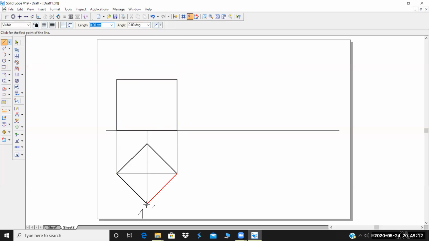And I also told you this edge is visible here, this particular edge is visible, so you have to draw a line from this end to this end. A straight line you have to draw. Just change it to 0.5 mm.